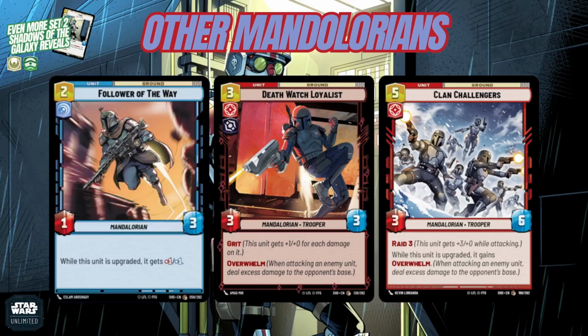And speaking of overwhelm, we also got Clan Challenges here, being a more expensive one at 5 cost, but not on the dark side, just aggression with 3 and 6 to its stats. Same traits as well. Also has raid 3, so whenever it attacks, it gains an extra 3 power. So it's in for 6, which is what you'd expect for such a high costing card. And if you have him upgraded, then he gains overwhelm, so excess damage to your unit goes to your opponent's base. So another one that's very nice with